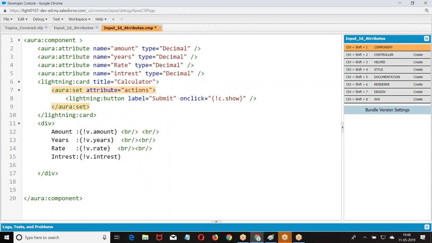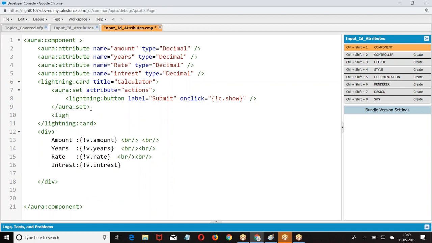Whatever attributes are there, only those attributes I can use. What are the attributes we have for the card? Title. Title will come on the header. Left hand side is title, right hand side is action, footer, body. Already we are using it, right? Lightning button, label, submit, action.